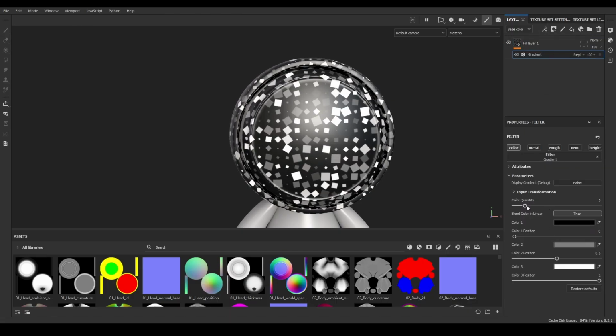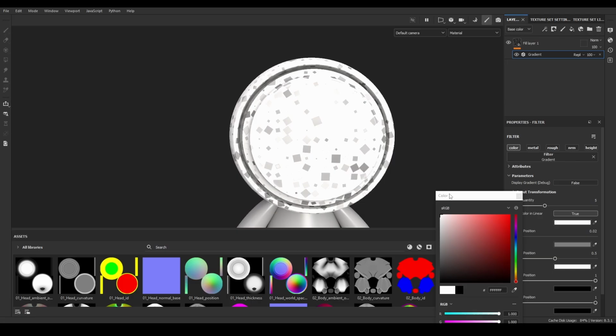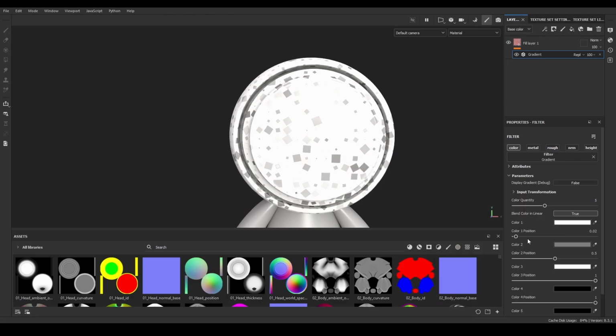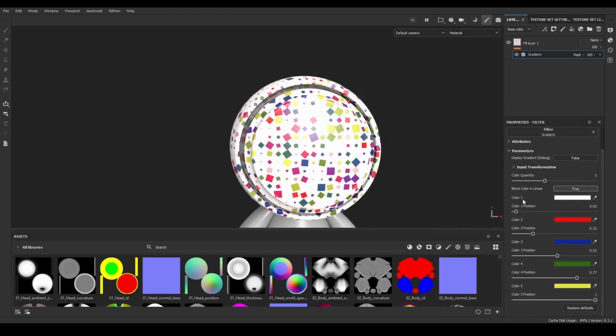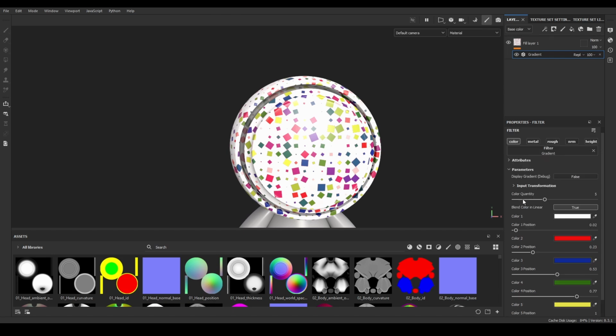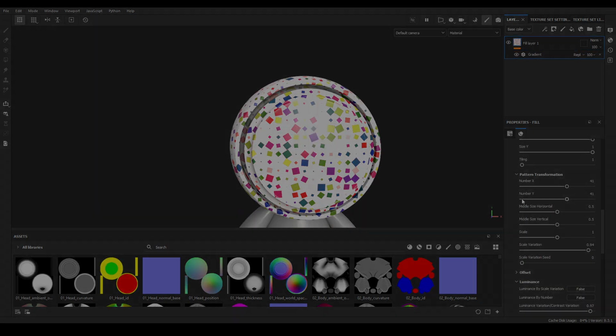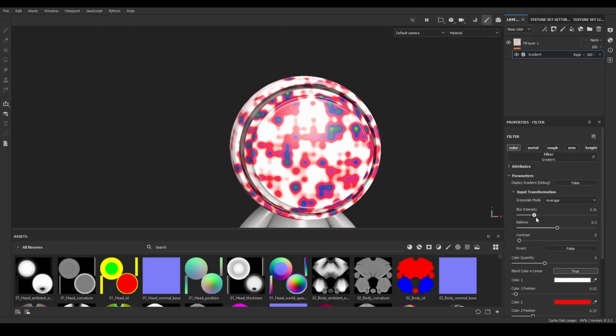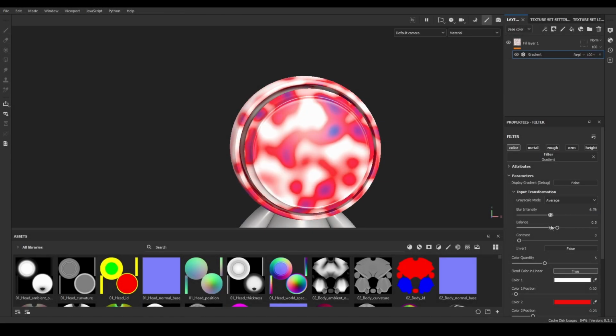With this setup, I can set the gradient filter with the first color set as white for the background and then set all the different colors I want. The gradient makes a very cool looking result, and this is a technique with plenty of room for experimentation, so it's up to you how to use it to get interesting results. And those were all the most common ways to use the gradient filter I thought about for this video.